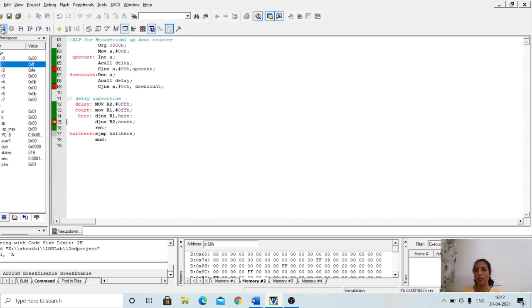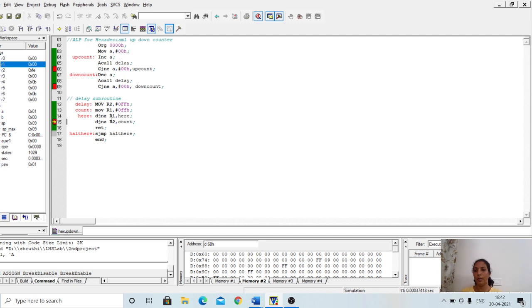See, I'll again run it. So when R1 becomes 0, R2 is decremented by 1. Since R2 is not 0, again the control jumps to this label wherein FF is moved to R1. Again the content of R1 is decremented until it becomes 0.